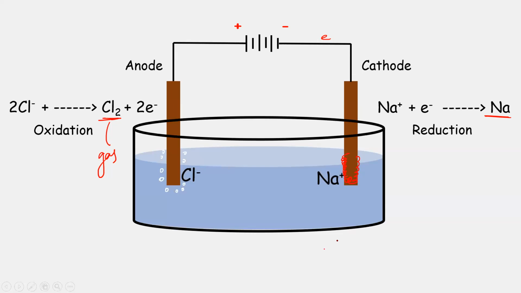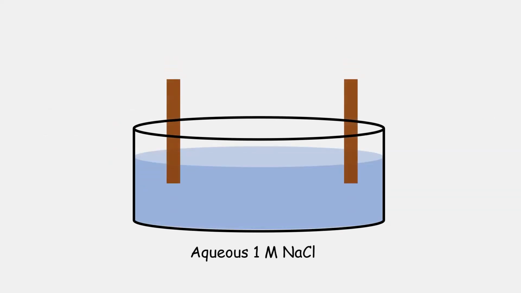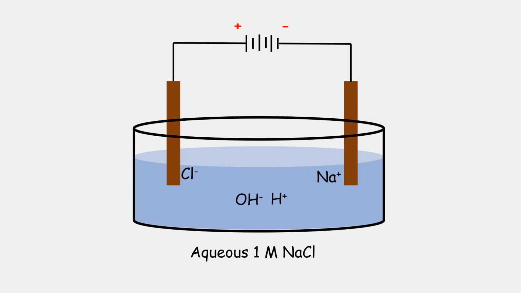But this is easy. If this topic was in your syllabus, you would be asked to tell the products of electrolysis, whether it is sodium or chlorine gas. So for molten, you don't have anything to worry about. But whenever you have an aqueous solution, you will have the same things, but here you will have sodium and chloride ions also, which may also move to the electrodes like this. But you have H positive and OH negative ions that may also move, and we have water also.